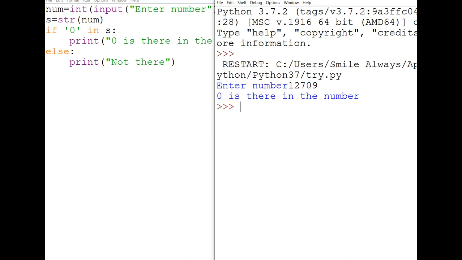Ma'am, if we remove S and INT, it is one and the same thing, no? But my question was that you have to take the number as an input. In my question, I have given it like this. Otherwise, you are directly taking string type of information. So if we already have a number, and in that case we want to change it, this is the shortest method.